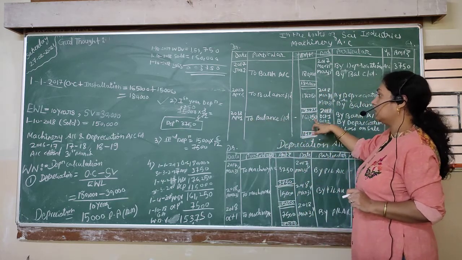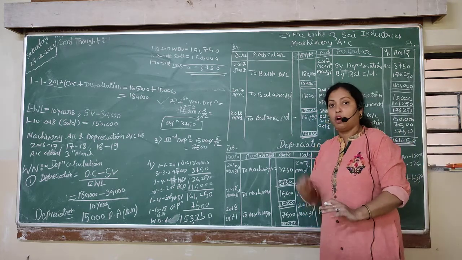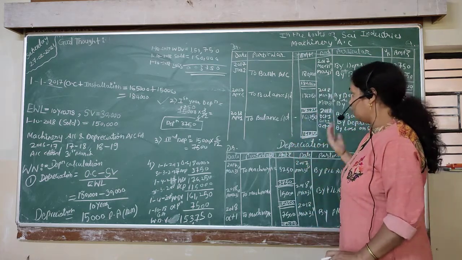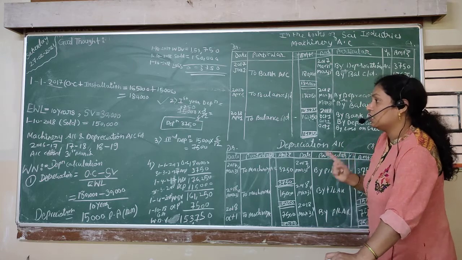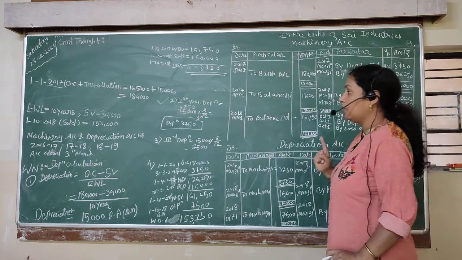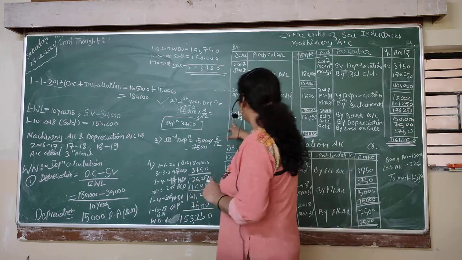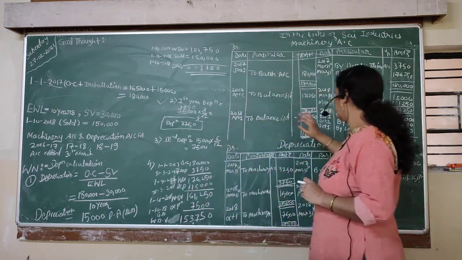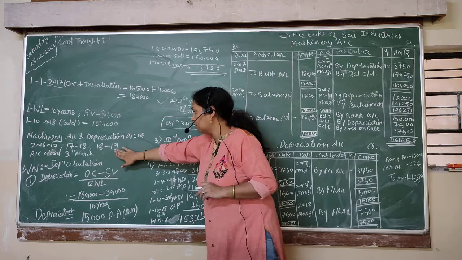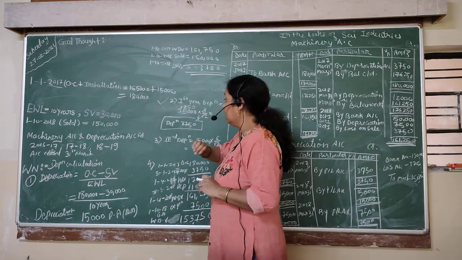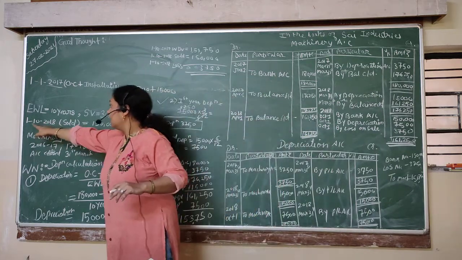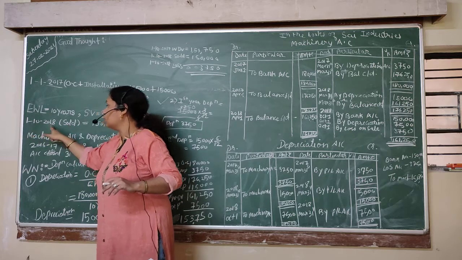1,61,250. So students, now here you have to take a pause and think again. In the third year the machine is being sold. So how many months was the machine in the business? The year starts from 1st April 2018 and ends on 31st March 2019. So what is the selling date? Selling date is 1st October 2018.